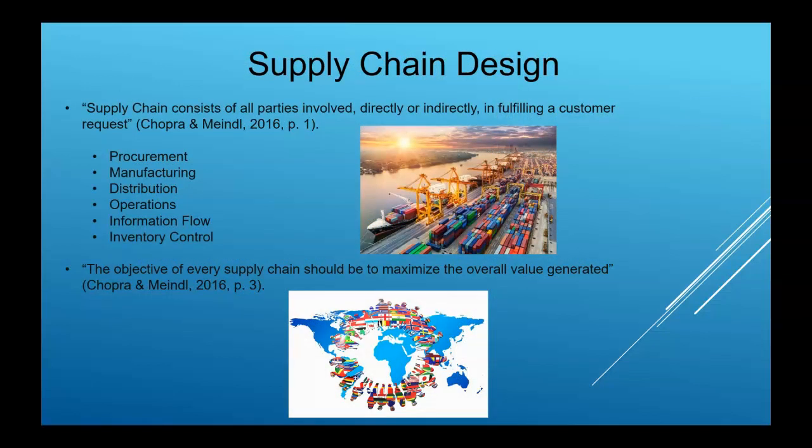Supply chain design consists of all the parties involved directly or indirectly in fulfilling a customer's needs. Those parties include procurement of raw materials, operations management, manufacturing the product, inventory control, distribution, and information flow. The objective of every supply chain should be to maximize the overall value generated in order to minimize waste and